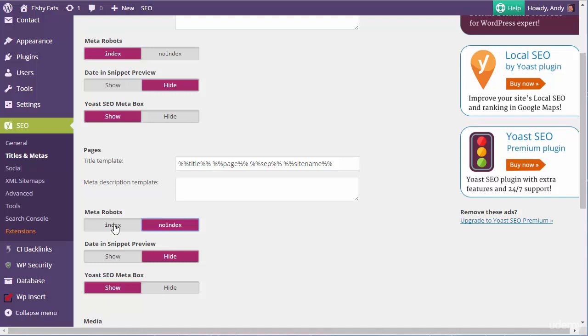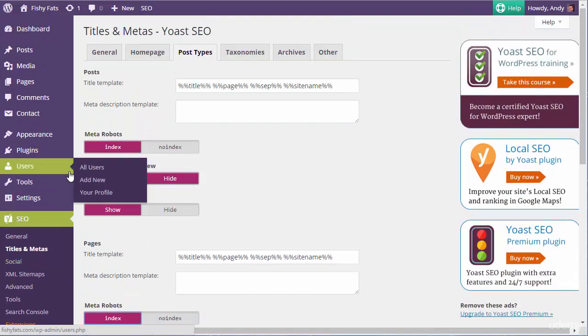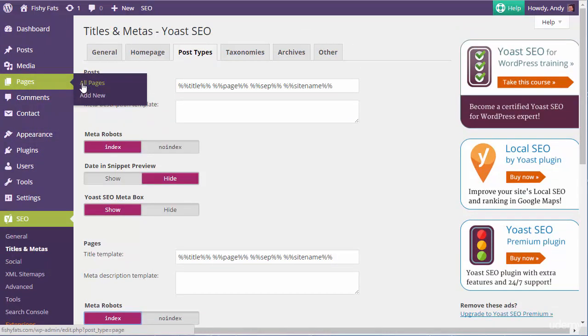However, the problem with this is that you might set up a page later on, let's say an affiliate program page where you can list affiliate programs that you're promoting on your site, and then because it's a page it won't get indexed, or you'd have to remember to reset it. What I prefer to do is go in and turn these off individually. So if we go into pages, all pages,